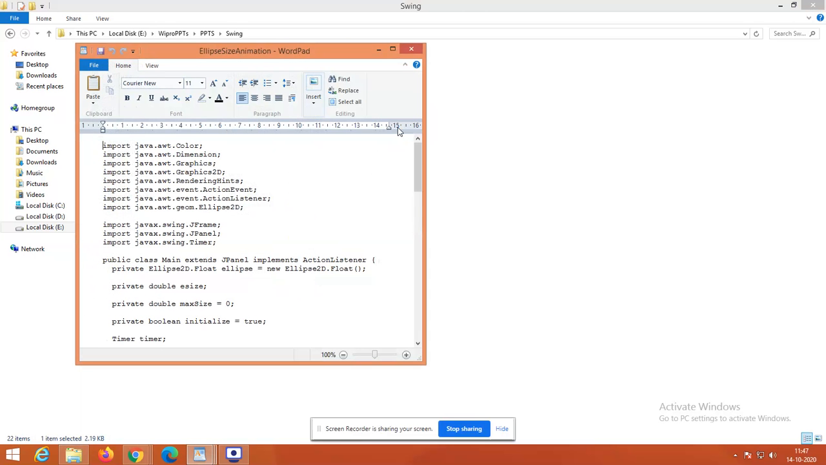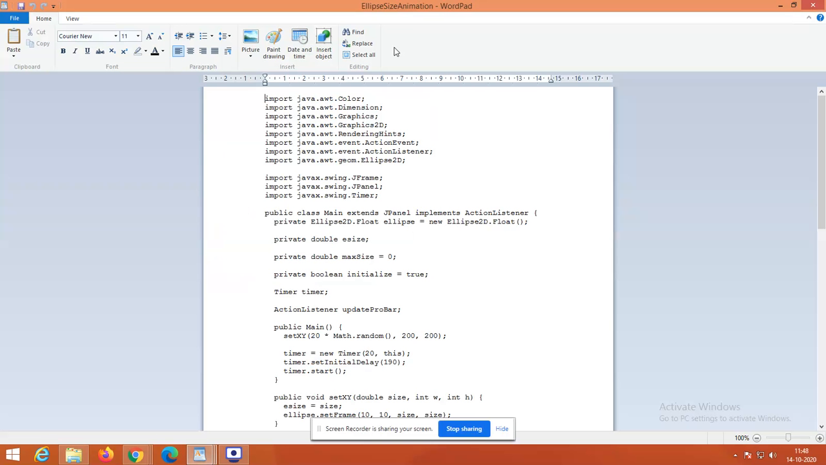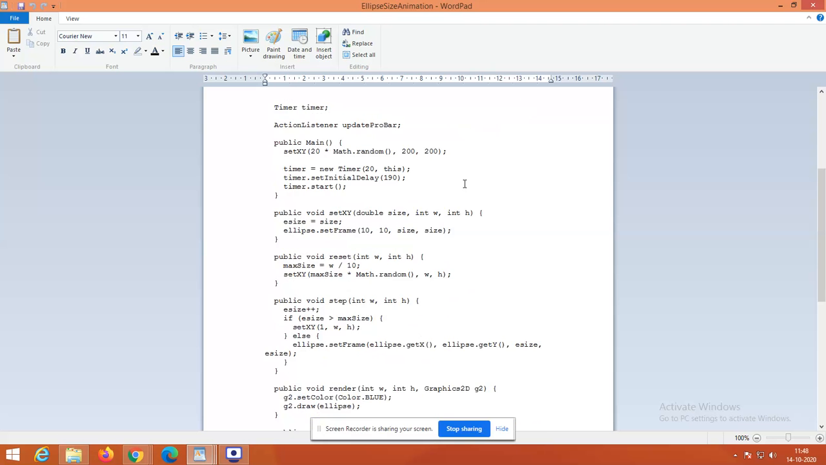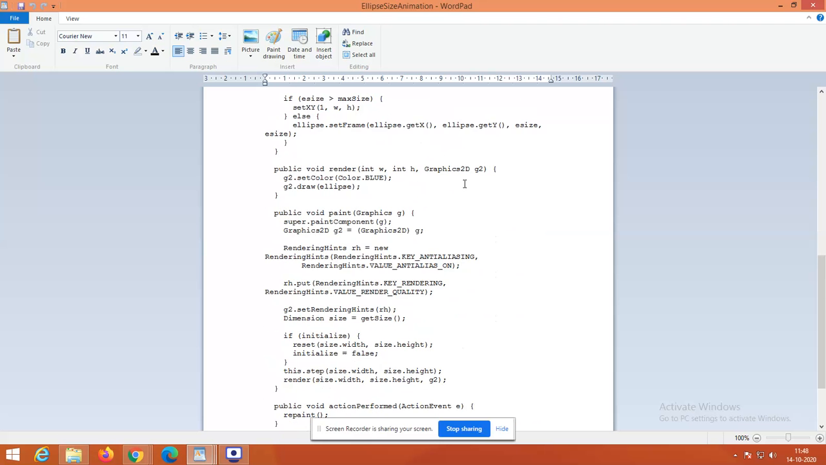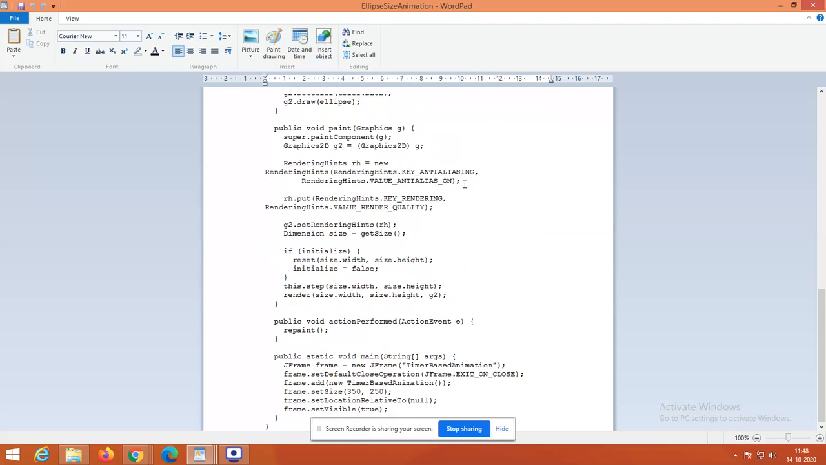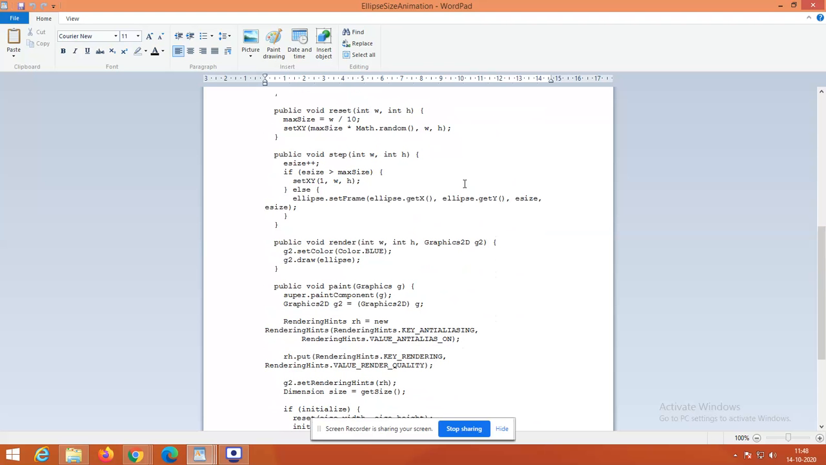Ellipse size animation. What is ellipse size animation? It's nothing but we are going to resize the drawn shape. That's all. But that should be done with some timer delay. Okay. See, assume that once we are going to work with animation, you have two options. If you want to perform animation or give motion for the object we have created, first